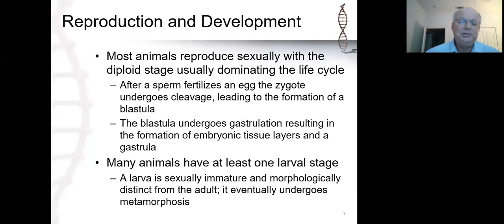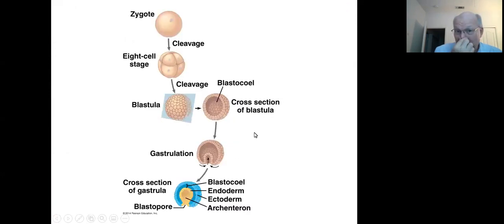So in some cases, you could argue that it is an incomplete metamorphosis, but you could also argue that it's complete metamorphosis. It just gets more confusing. Anyway, this is a common feature. And so diagrammed here, we have those stages, the key stages, and this should be familiar to you from looking at chapter 47 in our previous presentation. So this is, again, just a little bit of review from a previous chapter.